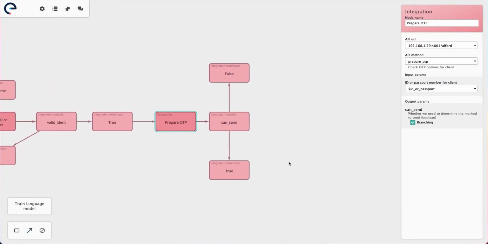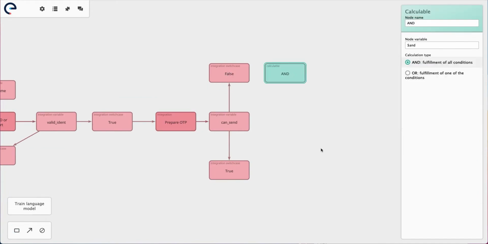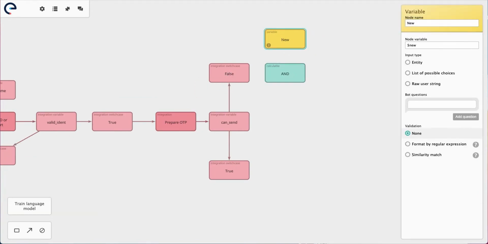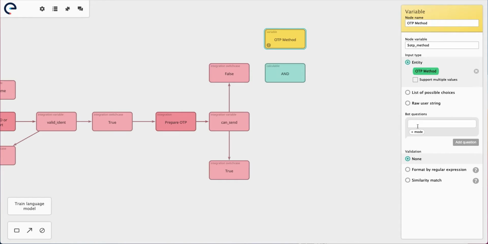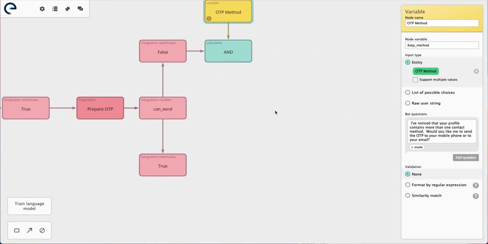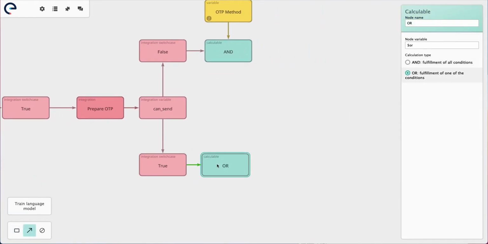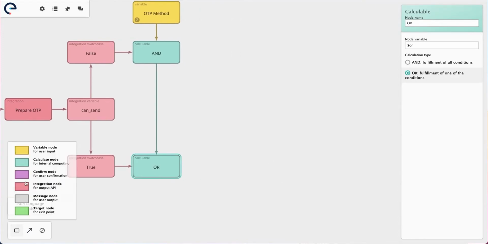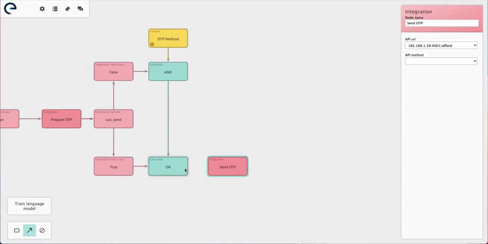Under the hood, our language model is trained to understand the meaning behind the caller's utterances, even when said in a variety of different ways. The conversation path is created real-time throughout the call, with the system continually ensuring the most efficient path to solve what it is that the caller needs to get done.